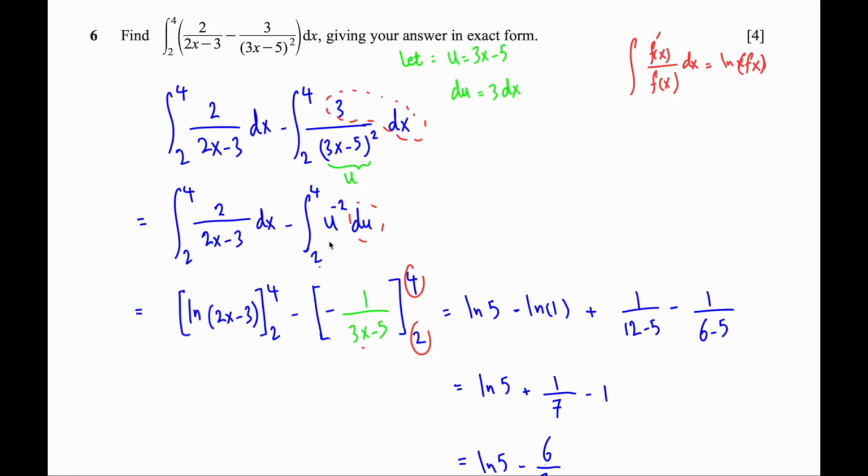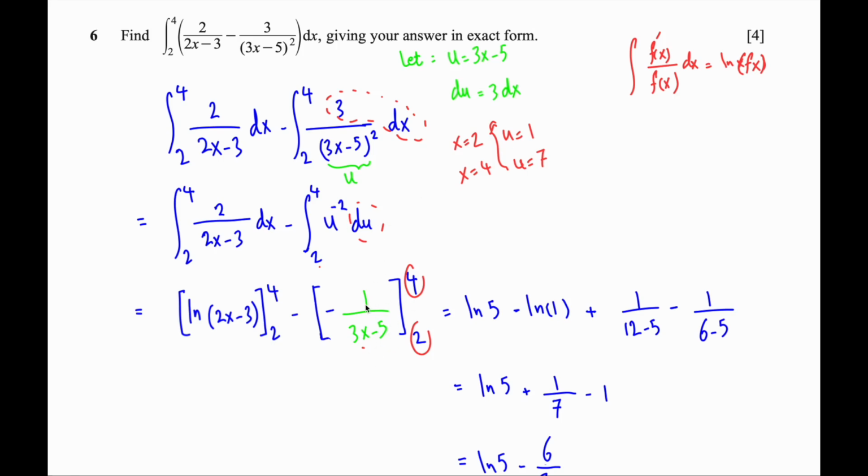Means if x is 2, therefore u has to be 6 minus 5, which is 1, and when x is 4, u has to be 12 minus 5, which is 7. So it was better if I wrote 1 and 7 here, but again, since I wanted to change it back to the word of x, I kind of held on to those limits. But take note of what I just mentioned here, because that's where the